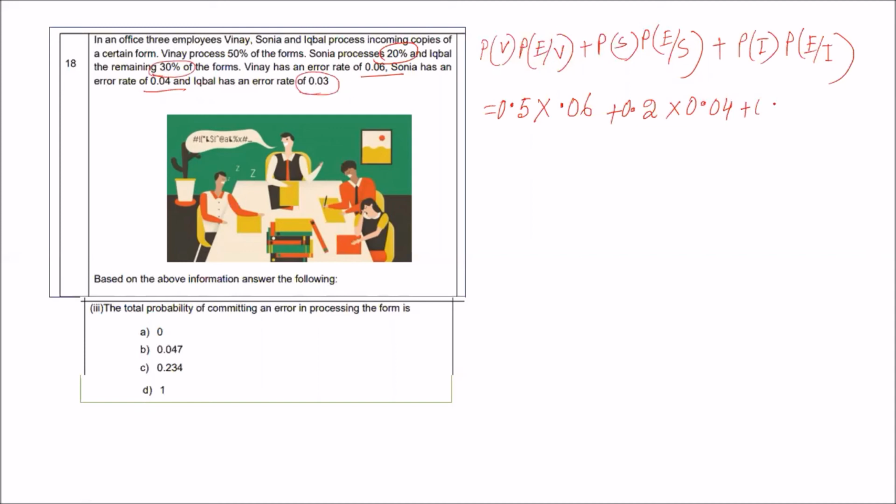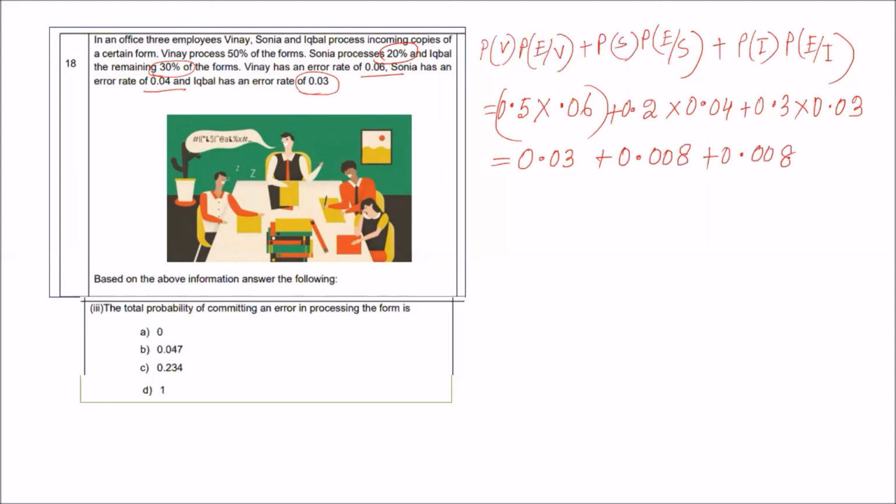So 0.3 into 0.03. So multiply, it will be how much? It will be 0.03 plus 0.008 plus